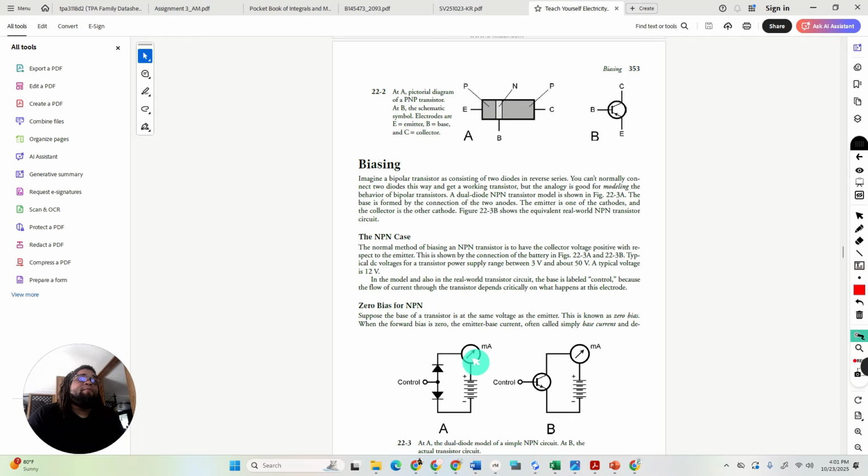To get the diode to forward bias, like we've talked about before, the diode lets energy go one way and not the other. To let it forward bias, we need a voltage of 0.7 for current then to flow in that direction. Okay, that's our basis of biasing. Again, we typically think of biasing as in the NPN case of biasing. Okay, and again, we'll cover this a little bit more as we get deeper into